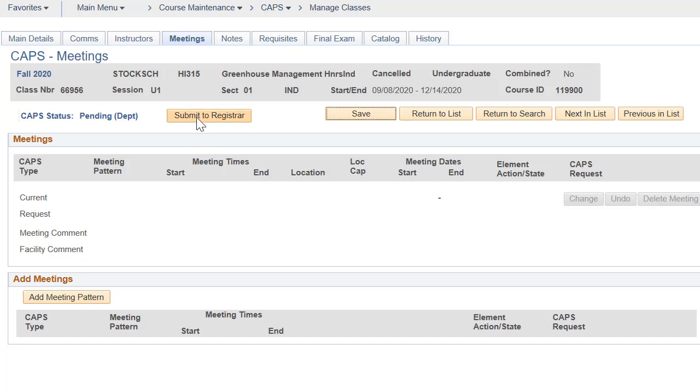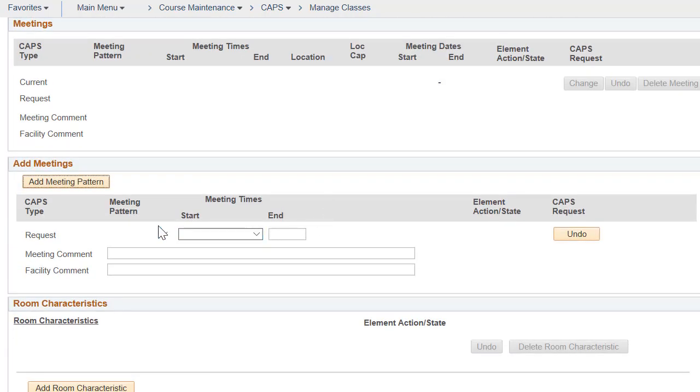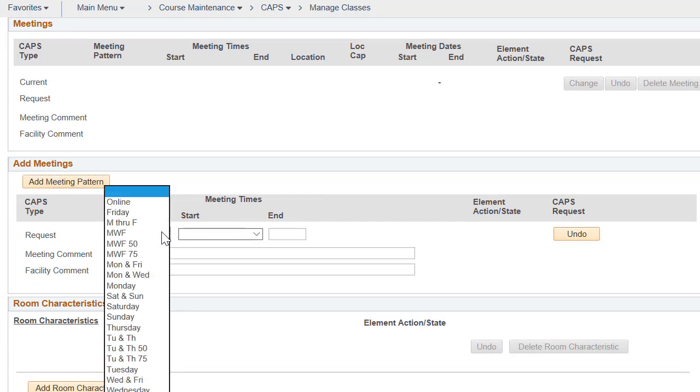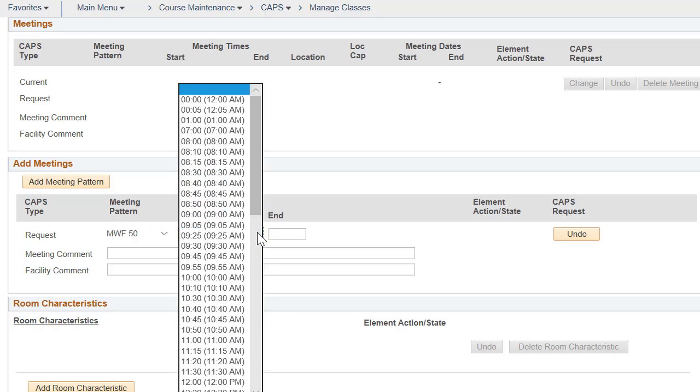This is present on all pages, but it's generally a good idea to go back to the main details page before submitting. To add a meeting pattern, click the Add Meeting Pattern button. The options that say MWF for 50 minutes or 75 minutes, I'm going to pick the MWF for 50 minutes,